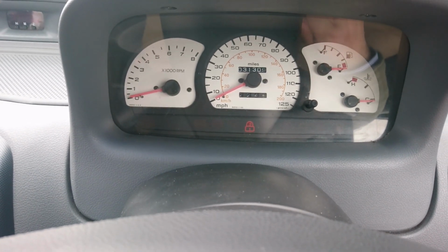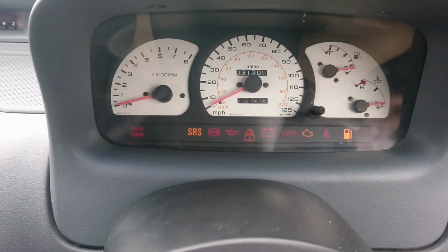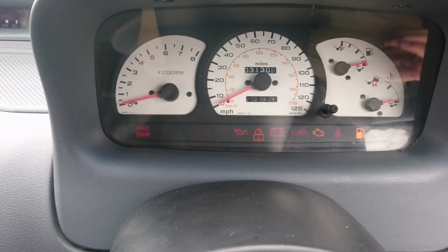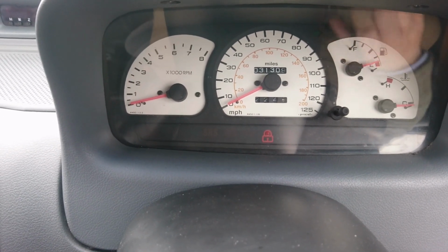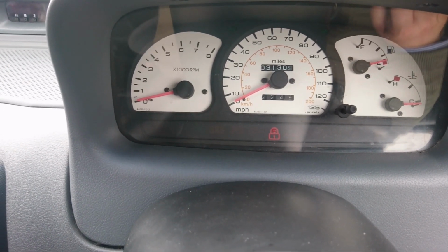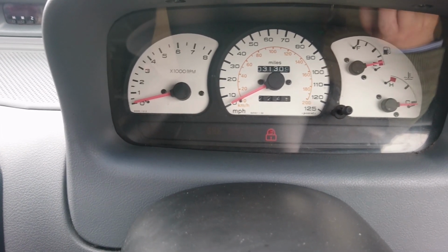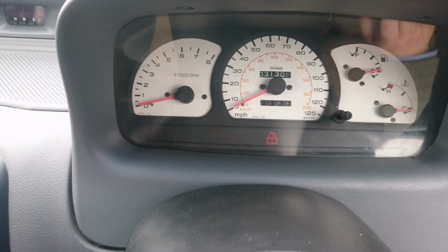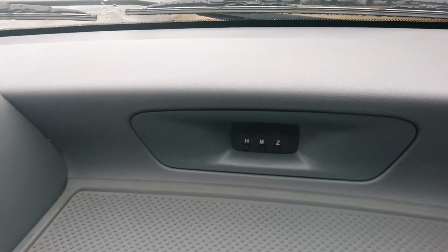It's a bizarre thing, but there isn't one at all. You can see we get lots of lights coming, although for some reason the thing in the middle, if I turn that off again, that's not a light. That's a permanent little sticker thing, which is to do with the alarm and the immobiliser. It might actually just be on this car an alarm with no immobiliser. I don't remember actually. The clock is kind of here,